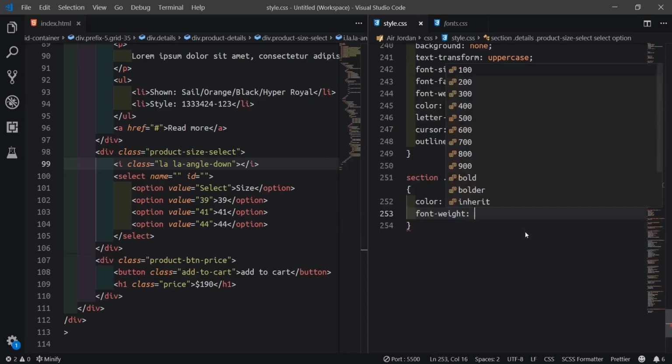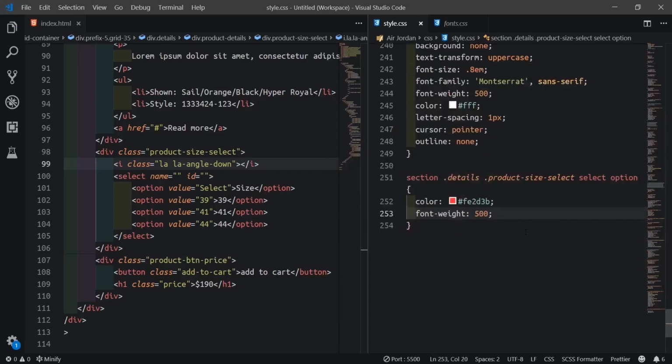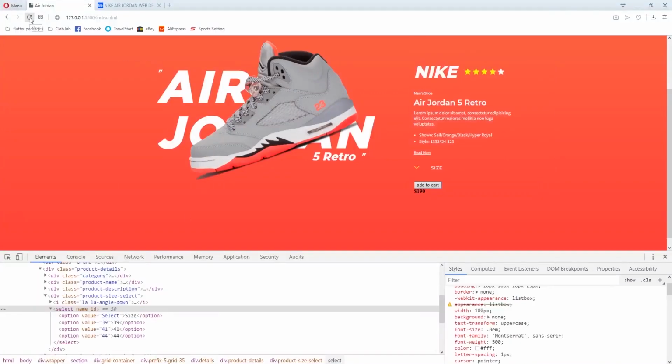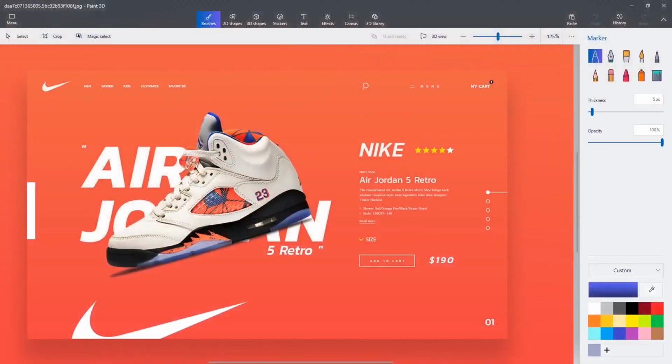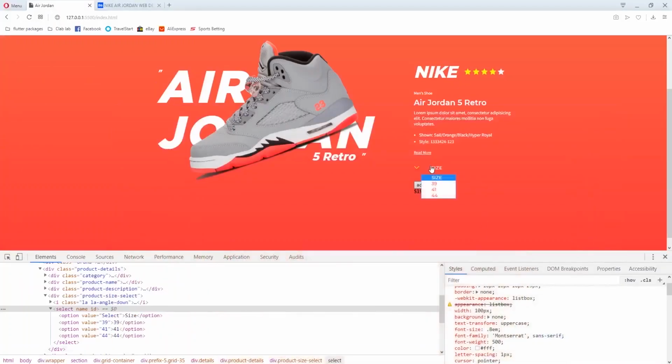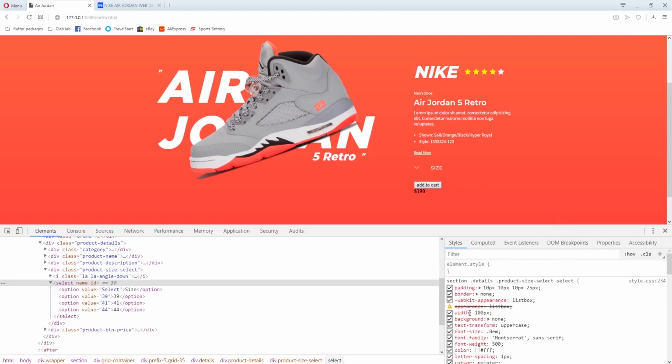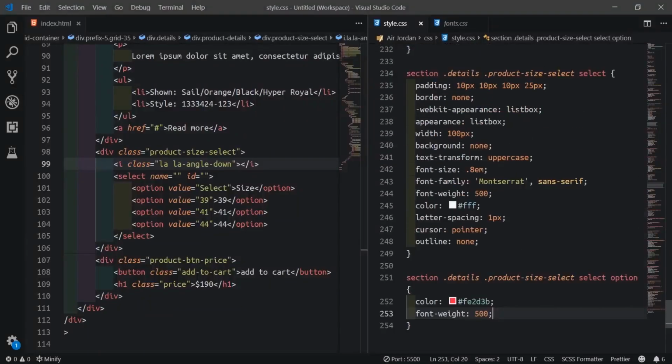Font weight to be like 500. So if I go back, I refresh, we get something like this. Let's see. But it's supposed to be near, so what we need to do now is push them to that side. This appearance does not work here. I'll cancel my bag.